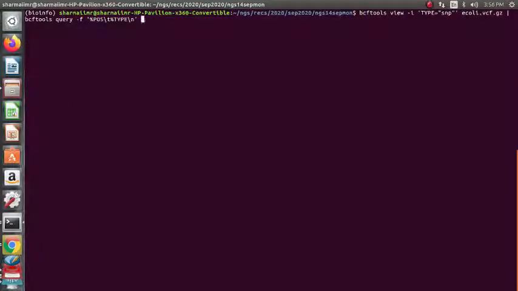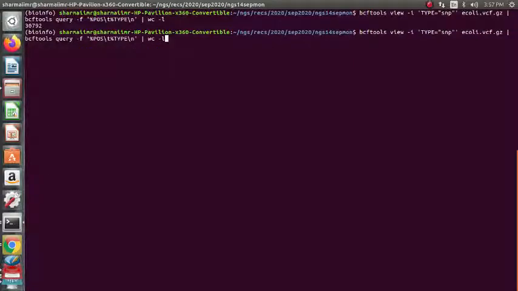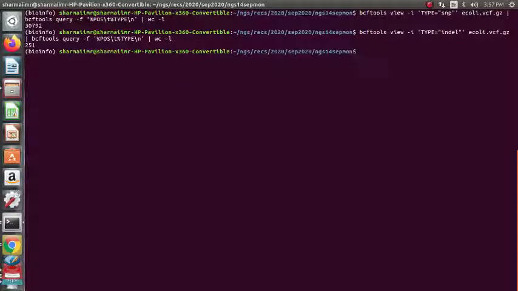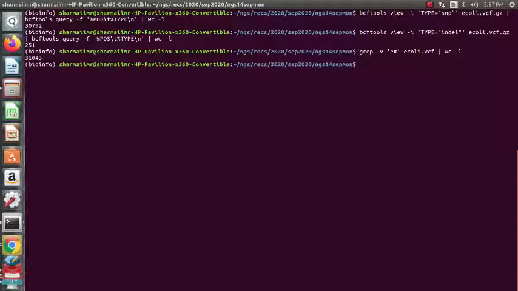So let us check, for example, for snps, what is the count? This is 30,792. For indels, what is the count? And then what is the total count? 31,000. So still there's a discrepancy.